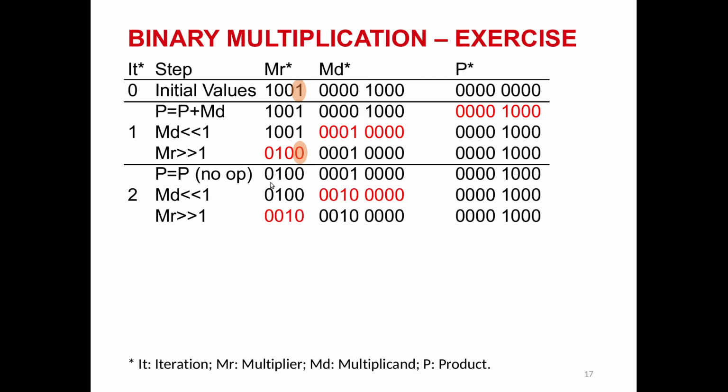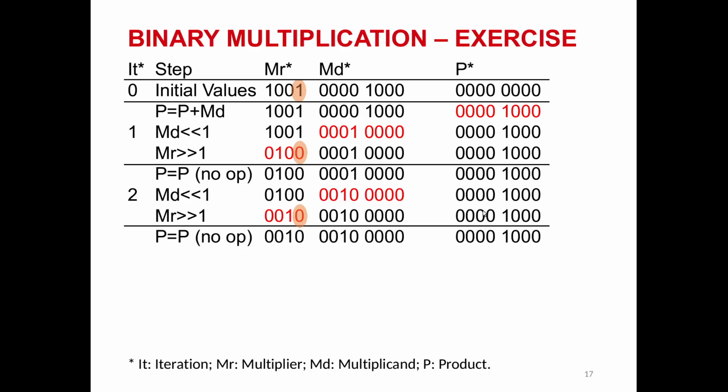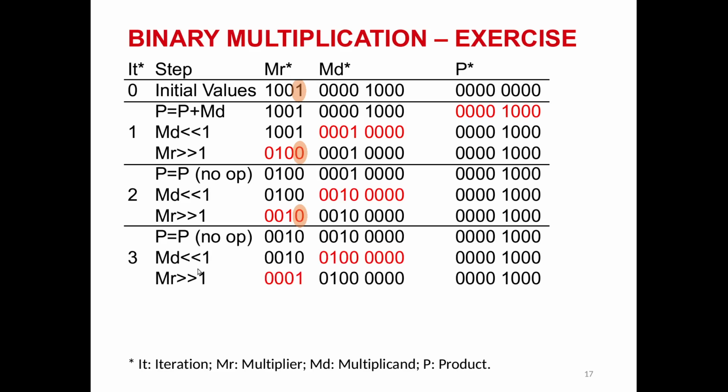Together with that, we will need to shift the multiplier one bit further to the right, and we have the new value here. Then we know that the least significant bit of the multiplier is 0, so there will be no change in the value of the product here. So the value of the product stays the same, and then we need to shift the multiplicand 1 bit further to the left, shift the multiplier 1 bit further to the right, and we will have